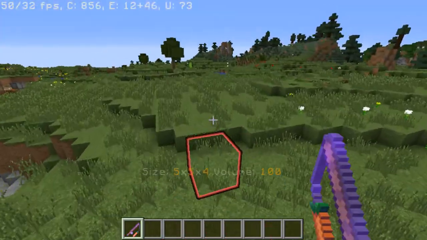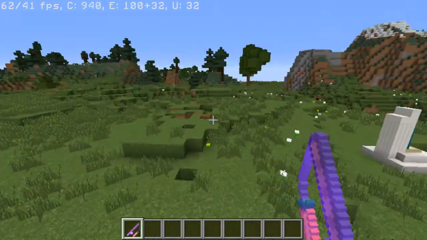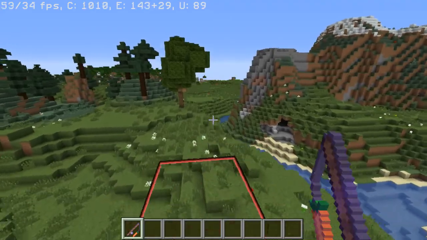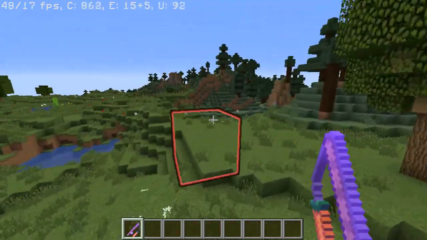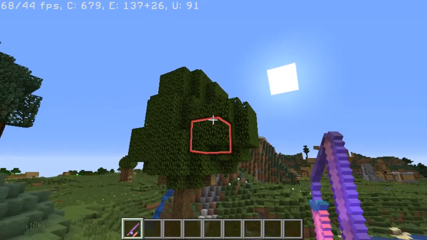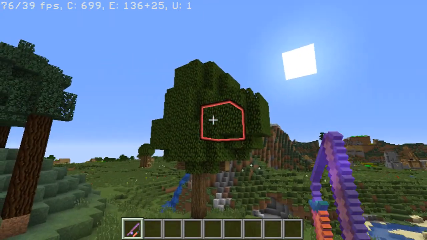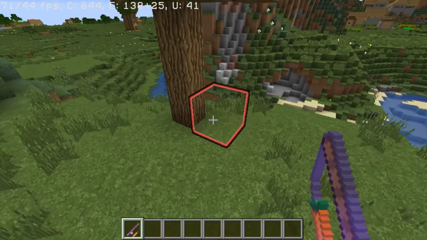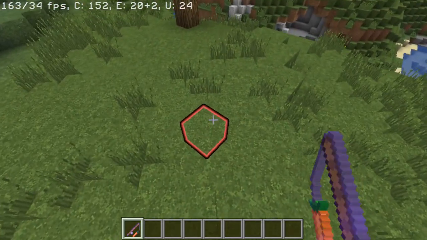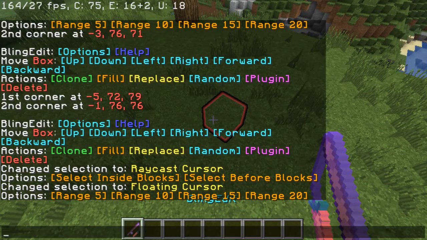But enough about how to select things. What if we want to actually make something? Or do something with your selection? Let's just say I wanted to make a bunch of these trees. Right. The way that I would do that is I would select the type of cursor I want. I want a raycast